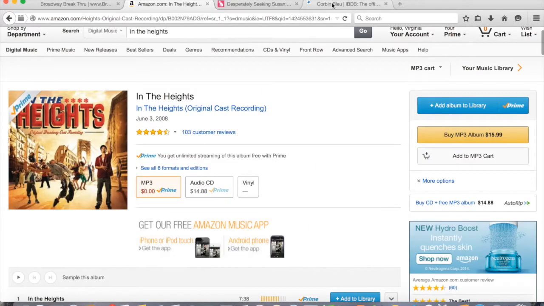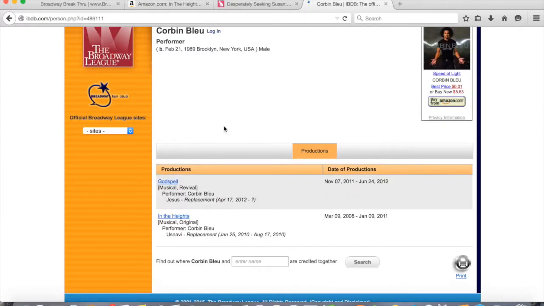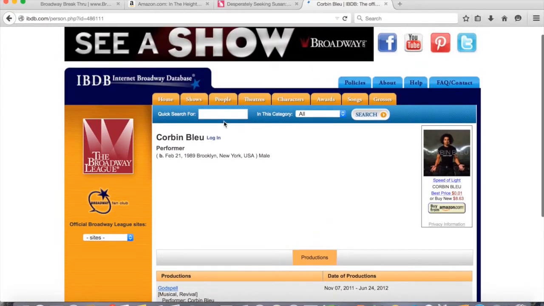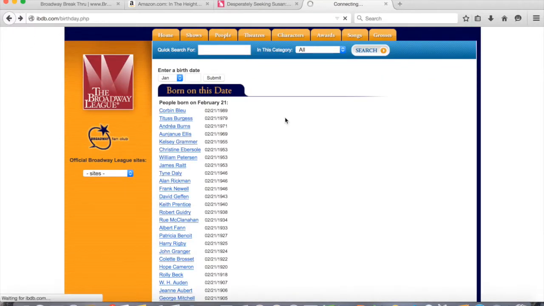Such a great tool. So just by going right there, I found from that particular performer who was born on this date, a whole new way to search music without having even an idea of what I was looking for. Going back to the home screen again, you'll see